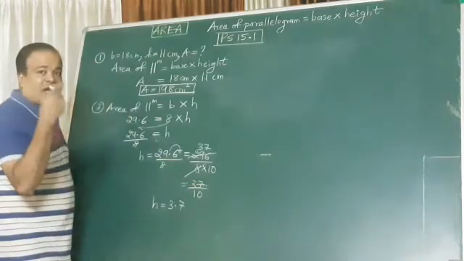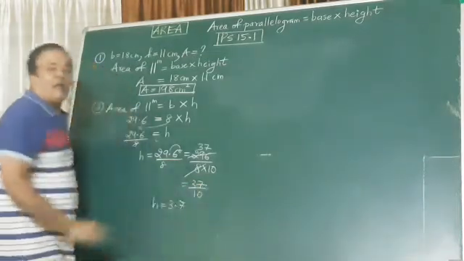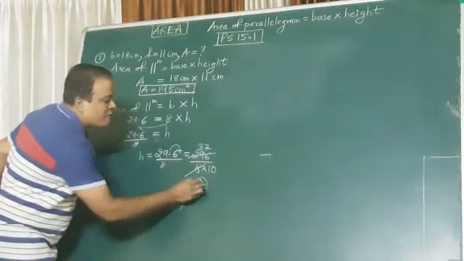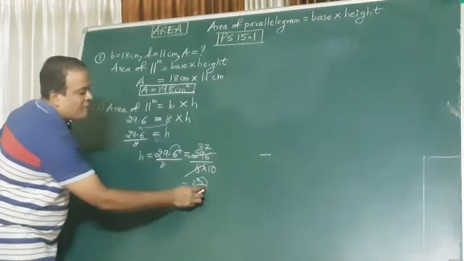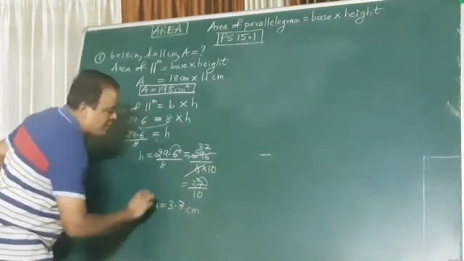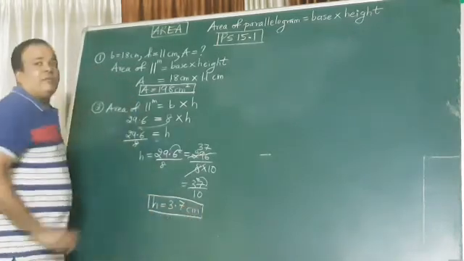Where is the decimal? If you can't see it, the decimal is always at the end. So there's a 0. If you want to remove the 0, you have to go to the left. So I'll get the answer. The decimal will come from here to here when I remove the 0. So my answer will be 3.7 centimeter.